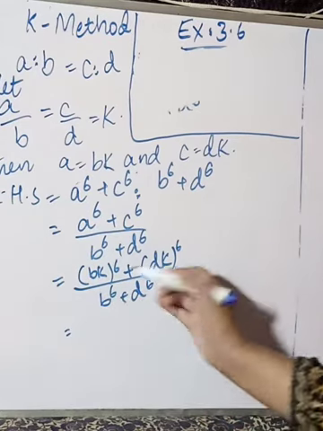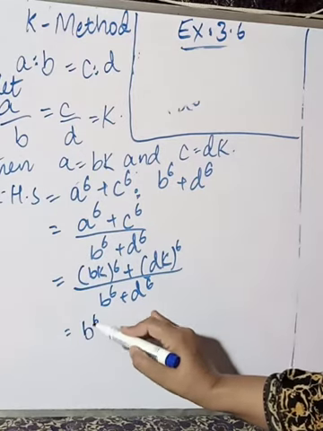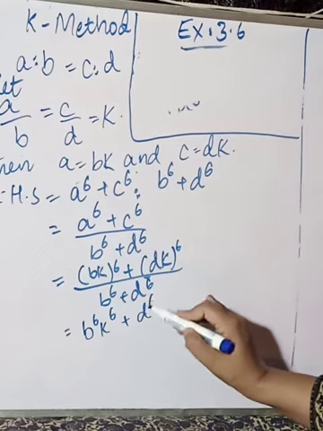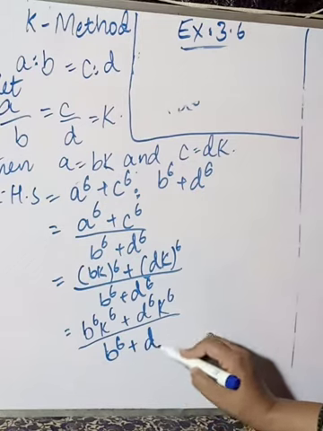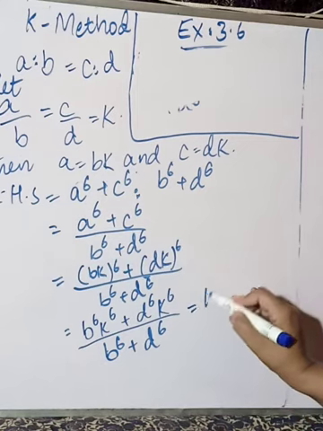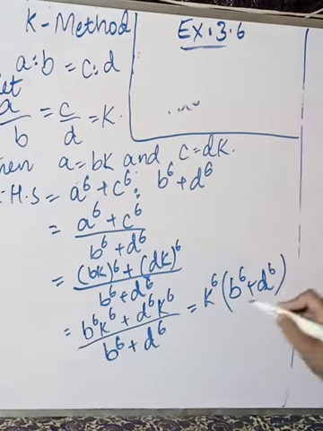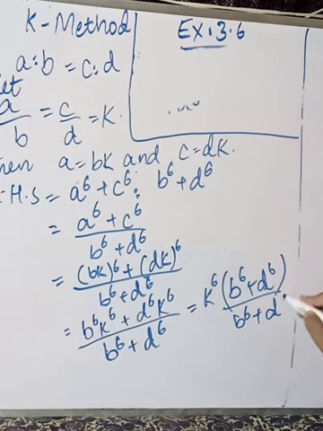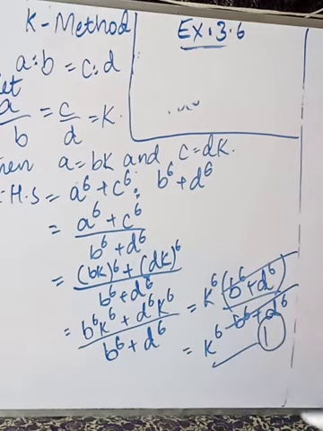Okay, apply the formula. How are powers solved, one by one on both. So we have b raised to the power 6 k raised to the power 6 plus d raised to the power 6 k raised to the power 6 divided by b raised to the power 6 plus d raised to the power 6. Okay, now afterwards take k raised to the power 6 common. So what will remain, b power 6 plus d power 6 divided by b power 6 plus d raised to the power 6. They both will be cancelled out and I am left with the answer k raised to the power 6. That is the solution for the left hand side.